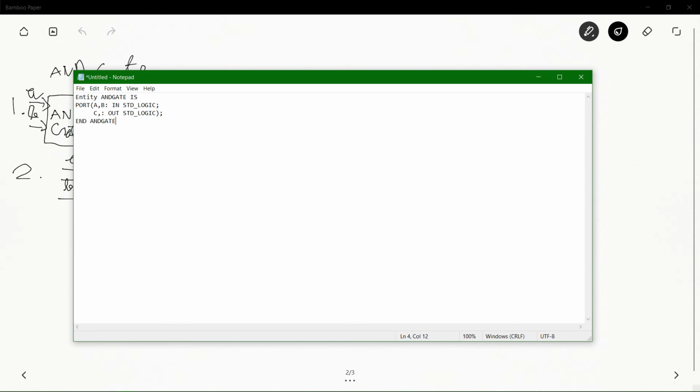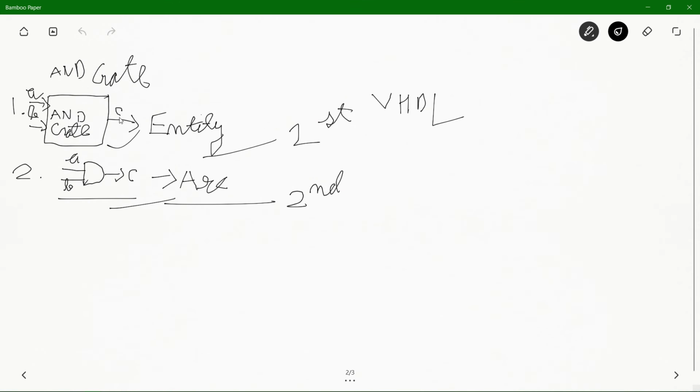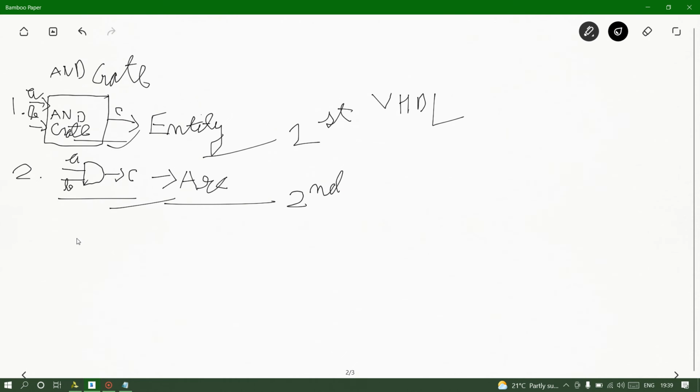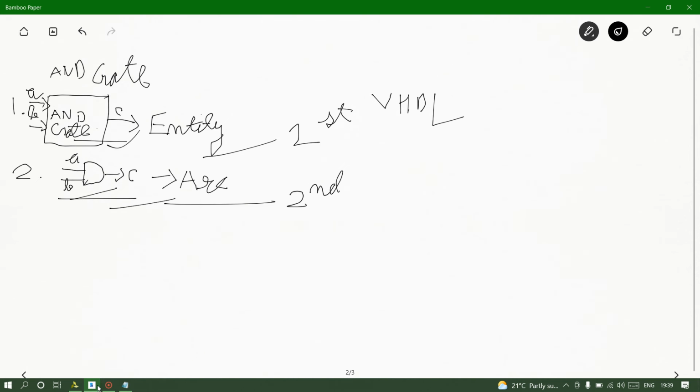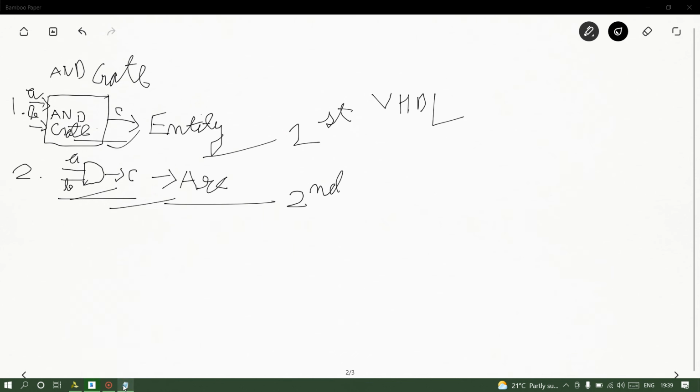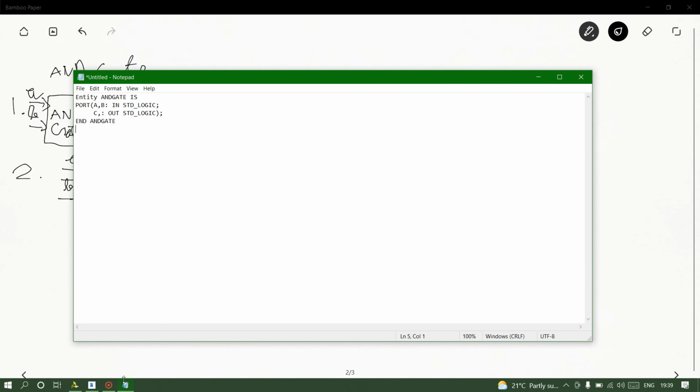Okay, so till this part we have already discussed in my previous video what my compiler is making. Till this part, the first step is done by my compiler. Now for making from this block to this block, what my compiler is doing, I have to write my architecture. So the syntax for that will be